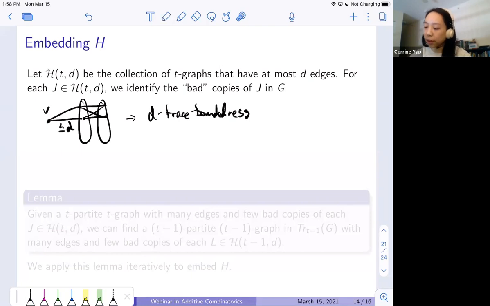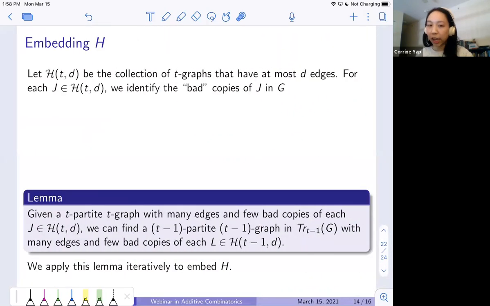So if I just look at the collection of graphs that have at most D edges, then the bad subgraphs would be the ones that cannot extend to very many vertices. And essentially what I want to do is a dependent random choice type argument that says I don't run into this obstacle, and I can find a subset where I don't have any bad copies of these subgraphs. And so the main lemma was that we can guarantee that this subset exists,